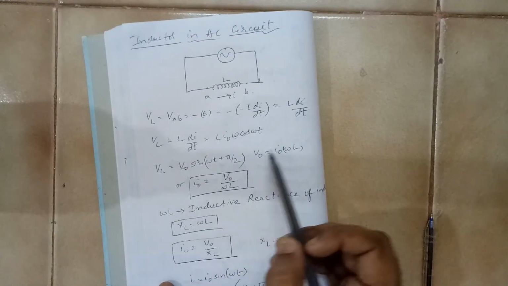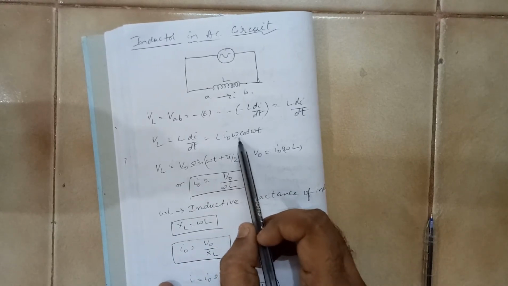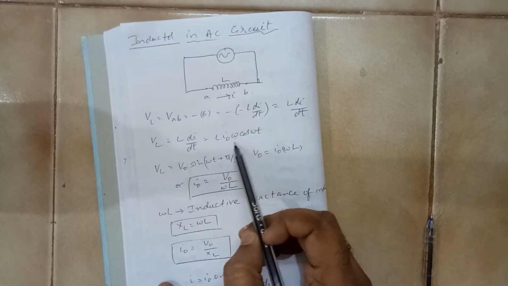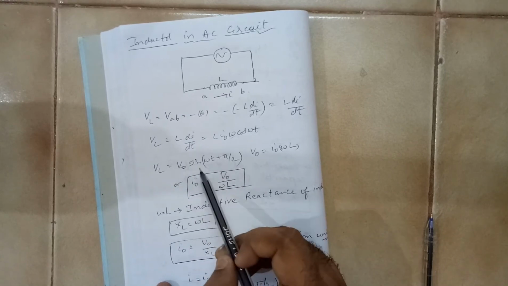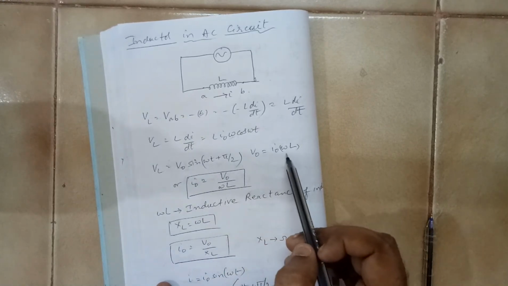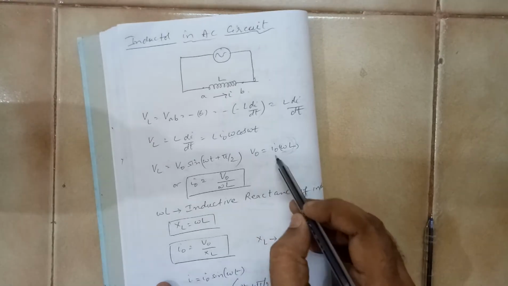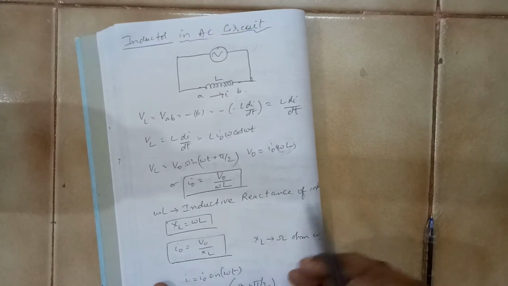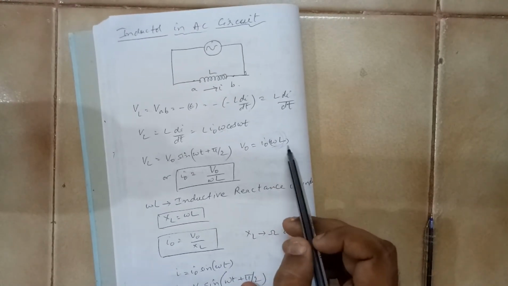Now like before, this term we will rearrange. It is I0 into omega L. It is something like I into R, isn't it? So this whole term we will write as V0. But what is the resistance value I have assumed here? It is omega into L. You imagine this term like some R. I0 into R is equal to voltage. Now this R here is called inductive reactance.